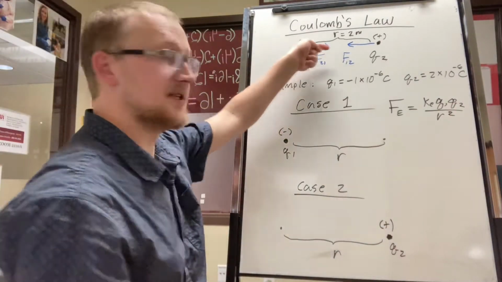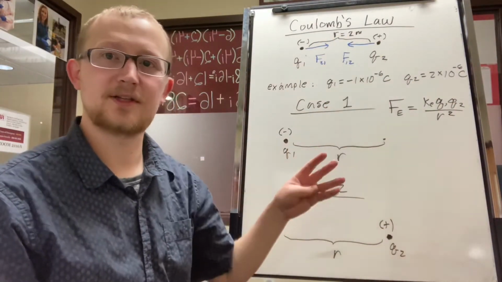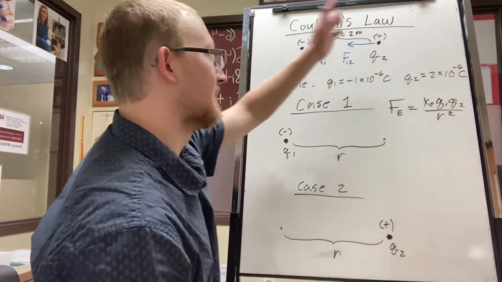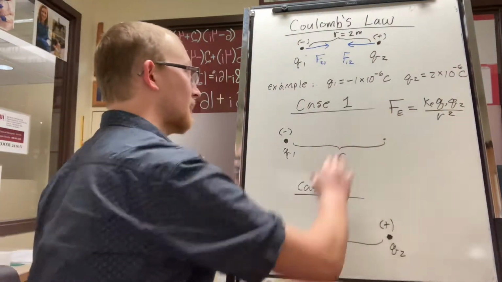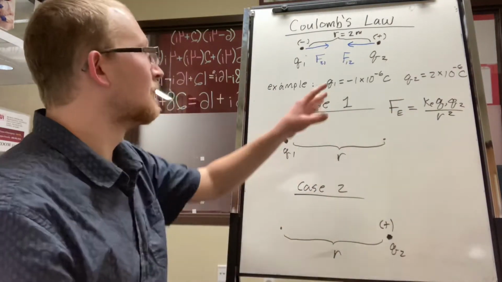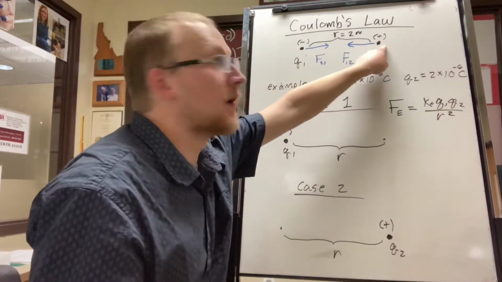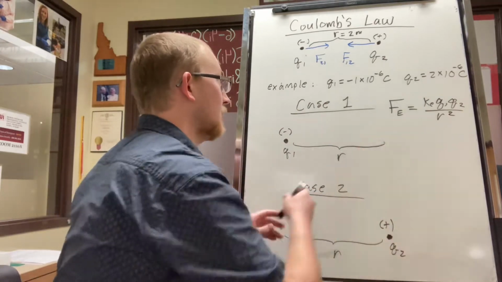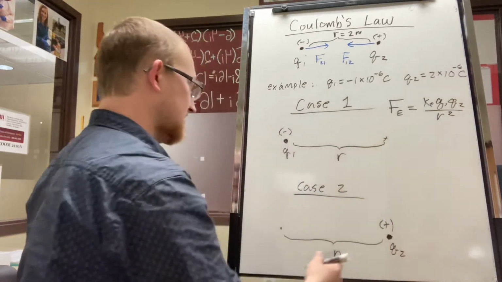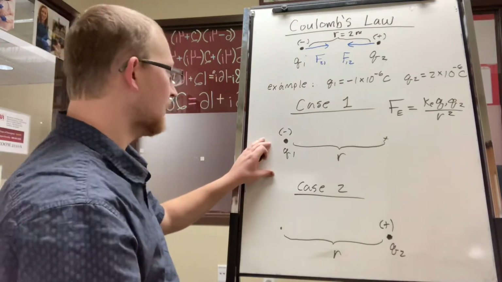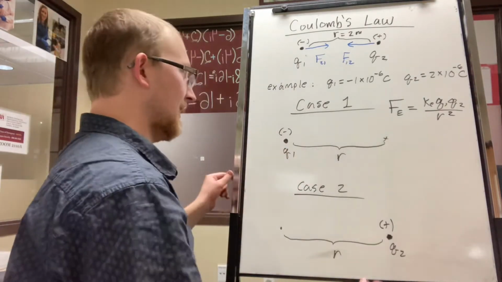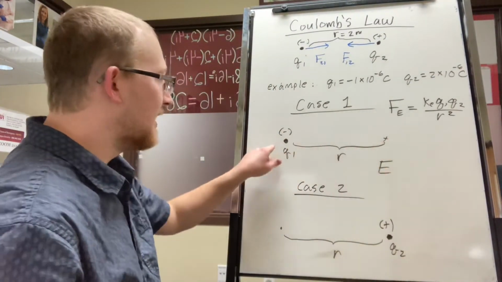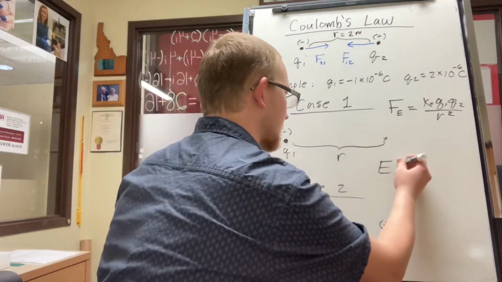And that was the equal and opposite forces of Newton's third law that's enacted by one charged particle on the other, and likewise the other on the one. So that's the force. Let's figure out what the electric field would be where Q2 was, caused by Q1. So we're just going to ignore that Q2 even exists in this case 1. And we're going to find that the electric field at any given point in space caused by a charged particle is going to equal